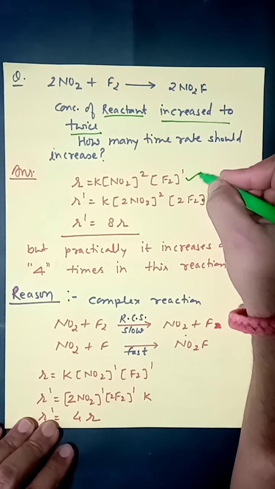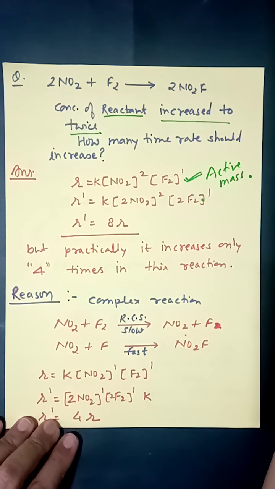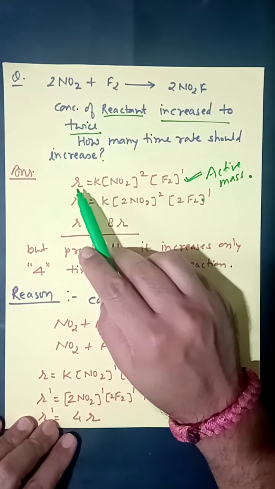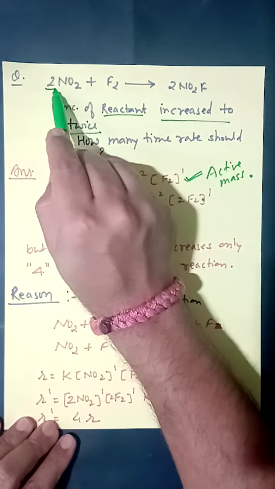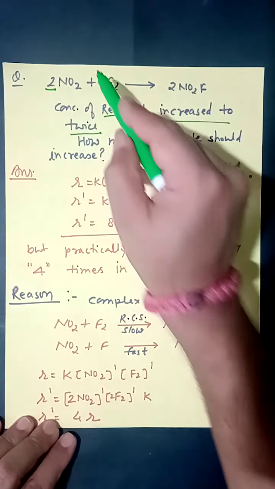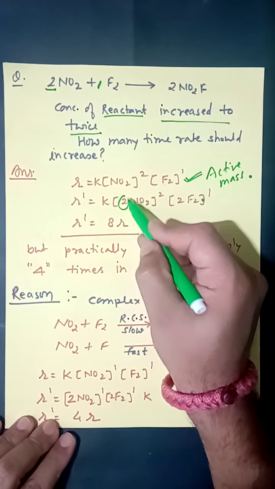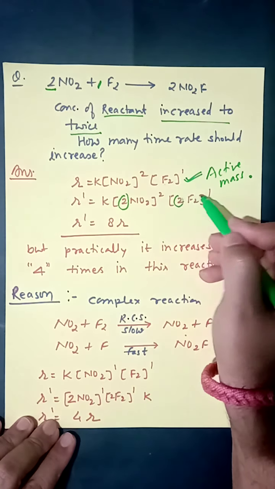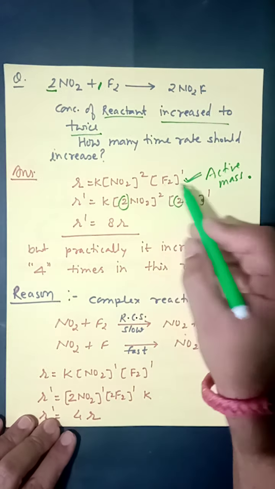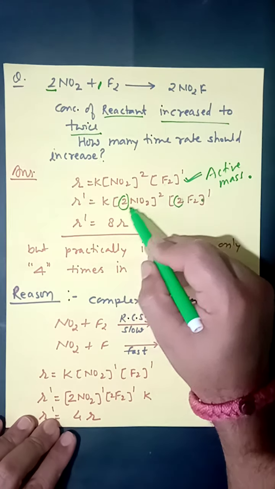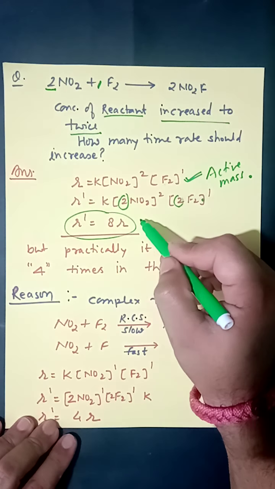If we use once again the law of active mass, which you prepared in previous class 11th, we write here as per the law of active mass, R equals K [NO2] power 2, the stoichiometric coefficient of NO2 is 2, into [F2] power 1, the stoichiometric coefficient of F2 is 1. If we increase concentration by 2 times, then it becomes [2NO2], as well as here it is [2F2] power 1. Once again keep the number outside the bracket, so it is 2 power 2, which is 4, and 2 power 1, which is 2. So 4 into 2 equals 8. The rate of reaction should increase by 8 times in this reaction.